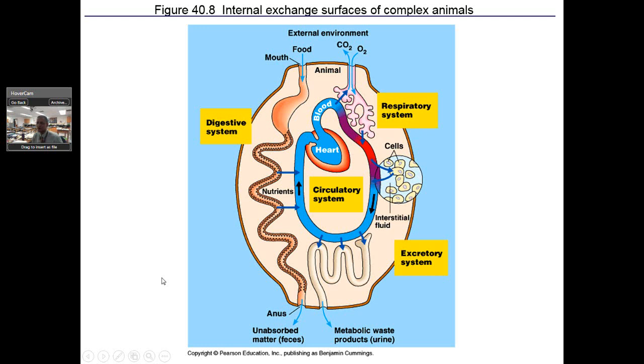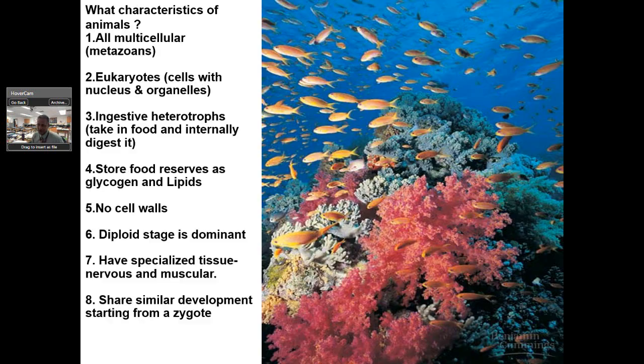Back to this. So I want to kind of close up this video. What makes an animal an animal? There's some unique characteristics. Let's go back to here. The specialization of tissue and how ingestion inside the body is very key. All right?